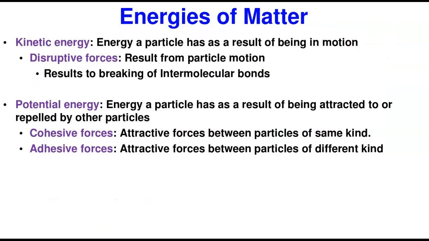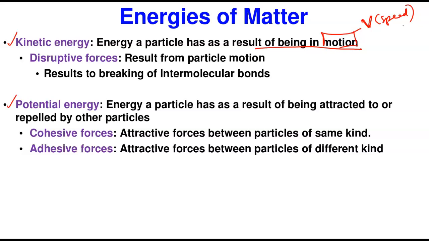So energies of matter, this will now bring in some of those things I talked about already. Now, there are two main energies of matter when it comes to mechanical energy. One is the kinetic energy and the other is the potential energy. Kinetic energy simply means energy in motion. You would have known this. So any object that has a speed, v, let me say, will have a kinetic energy. And what is the implication of kinetic energy?